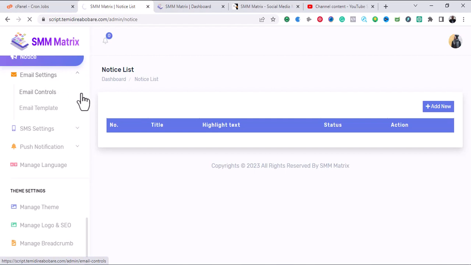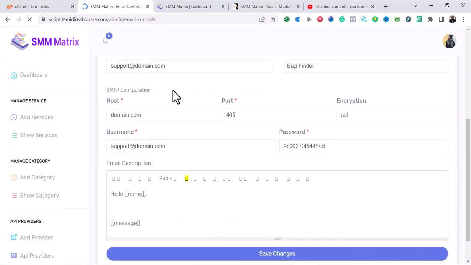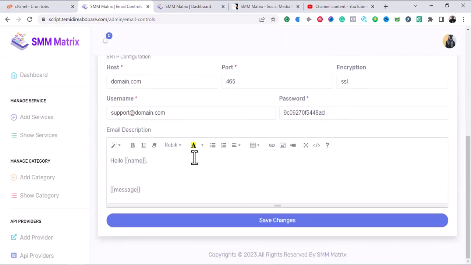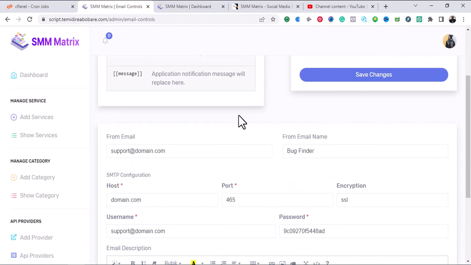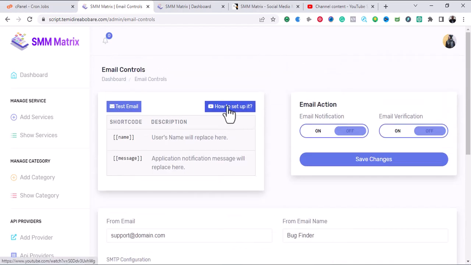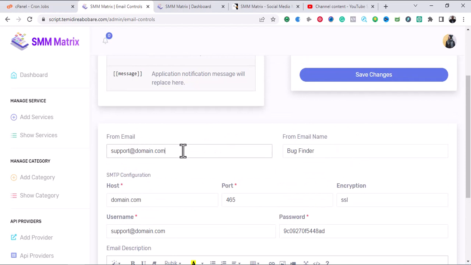So let's go to the email control. Okay, so this is the email control. So this one is also easy to set up. If you don't know how to do that, this is a video tutorial. Once you click on this video tutorial, it's easy to do. Okay, let's just take for example this email setup. You want your email to be functioning. Your from email, you put this as your domain email. Okay, let's take for example info at